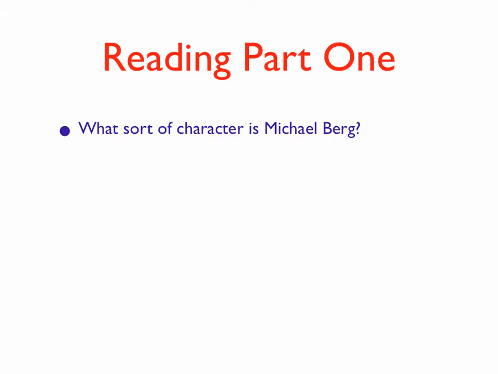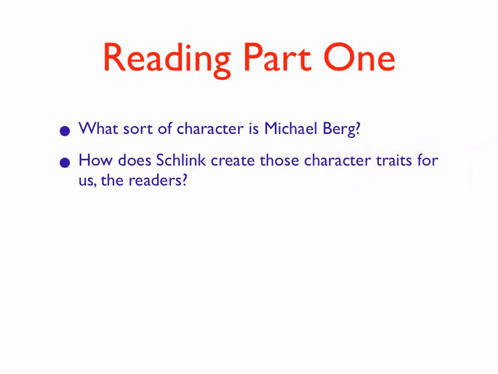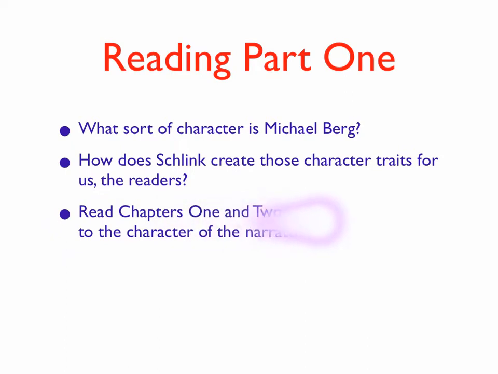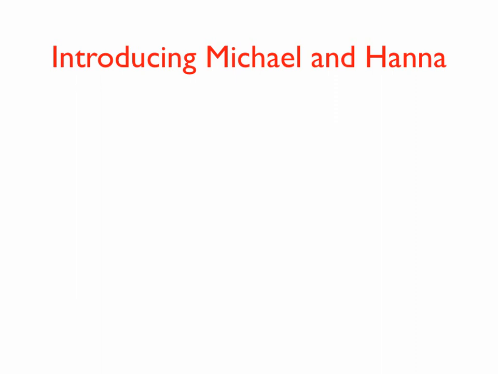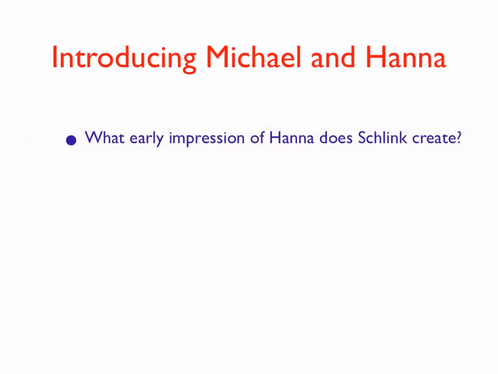So when we're reading part 1 of the novel, you might look at what sort of character is Michael Berg, and in what way is he typical and realistic and believable. And certainly his approach to his relationship with Hannah, I suppose we could argue that's fairly believable, that he's drawn into this sexual relationship because it's interesting, exciting, and it allows him first of all to become part of the adult world rather than remain a child. First impressions of Hannah are probably a little bit different,